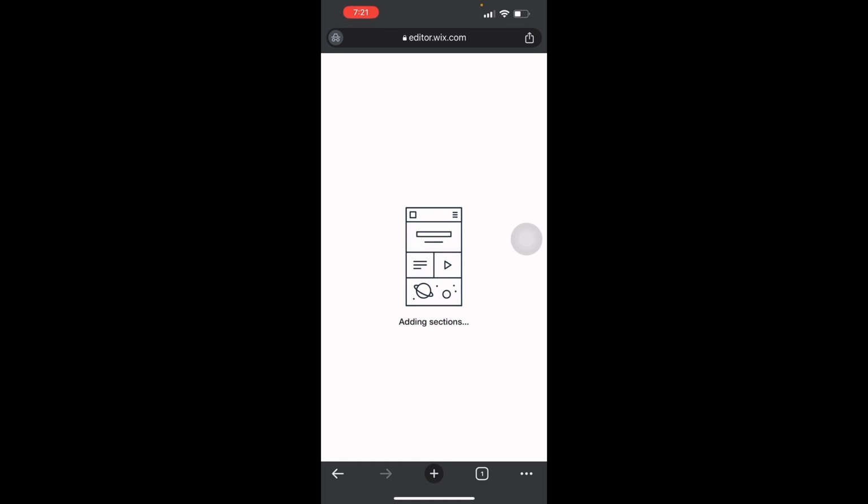So it will be creating your site, adding sections, and choosing fonts specifically designed for your liking. Since the options you have entered a while ago, it will build the website for you already. So it will automatically do it for you just like a template, and then you'll have the power to optimize and customize it later on in the video. So here I'll just wait for it to put it all together. And so